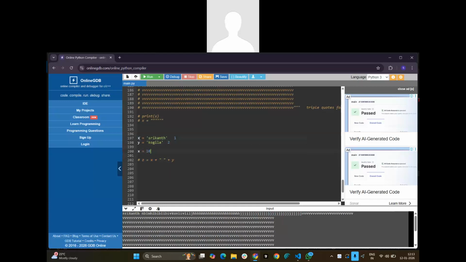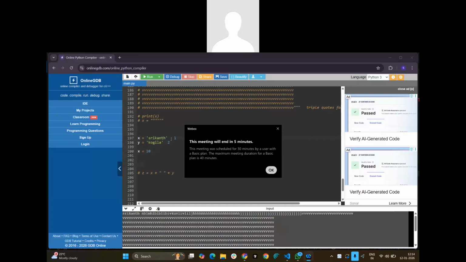So the x value is already taken and I'm taking the same x value again. These values will be stored somewhere, like if it is stored in a 3 value. So how will it be? Python is an interpreter language. It will check: okay, x will be stored in a particular memory and y will be stored. Then the same x value was taken here. Then what will happen here? The thing that is going to happen is